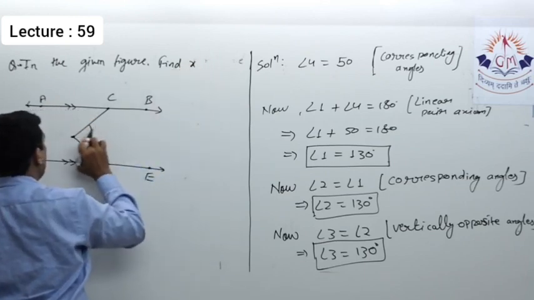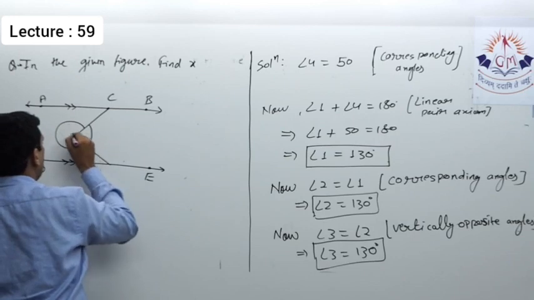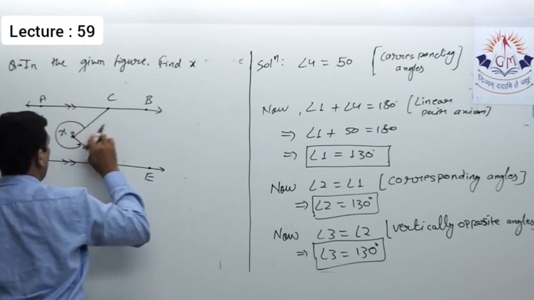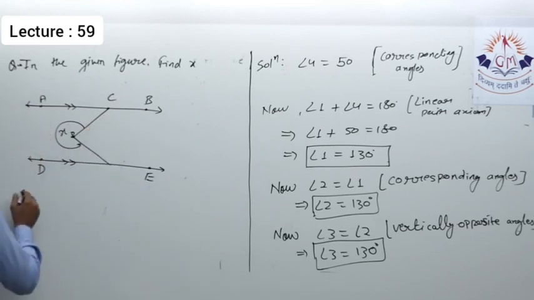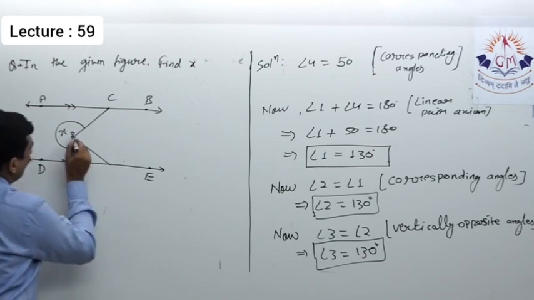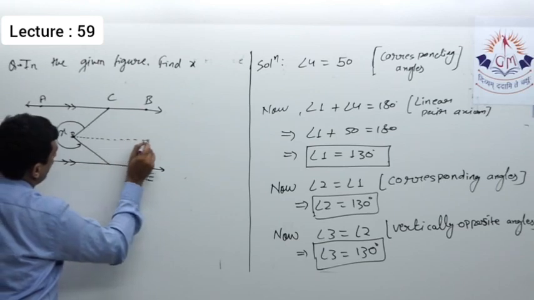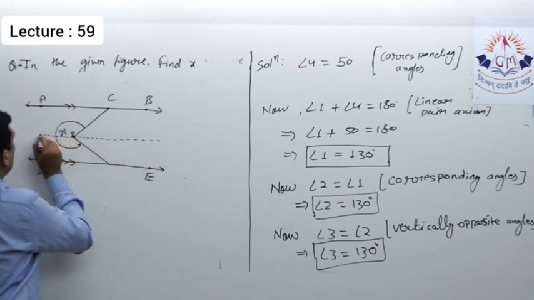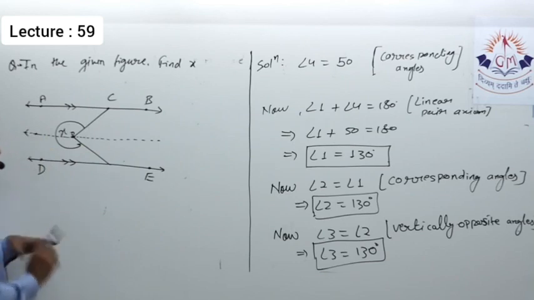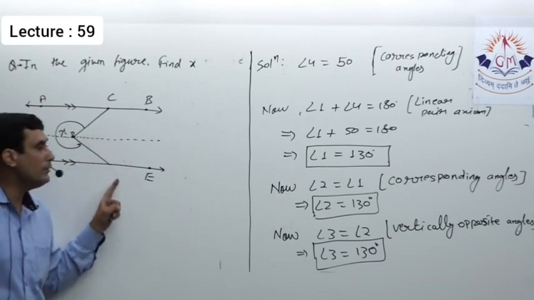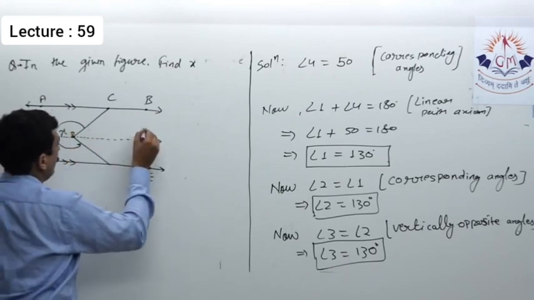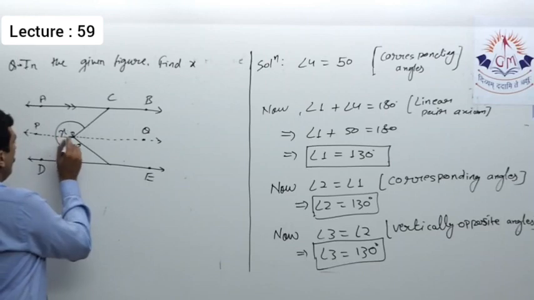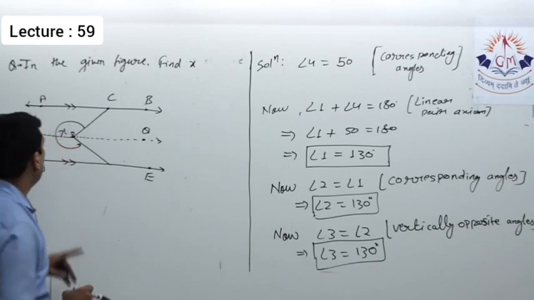Okay, so I'm changing it a little bit. I'm making this angle as x. This you have to find. Okay, so see how we'll find. Here we have to construct one thing. Suppose I draw a line parallel to AB as well as parallel to CD. Obviously, if I draw a line parallel to AB, by default it will be parallel to CD because AB and CD are parallel. So I will draw a line PQ parallel to AB.